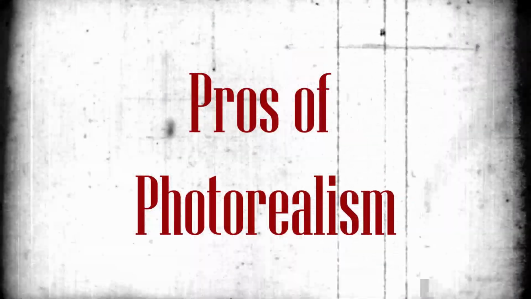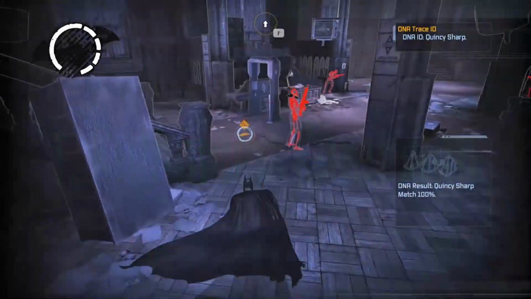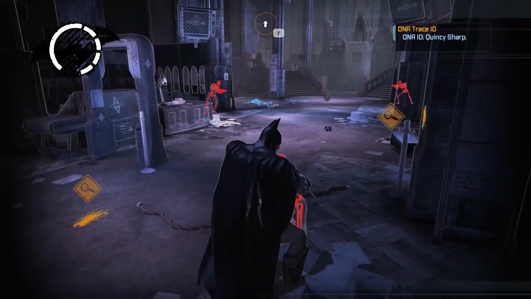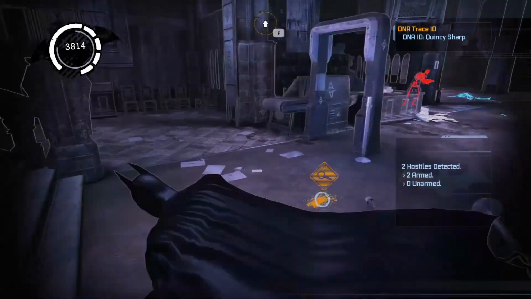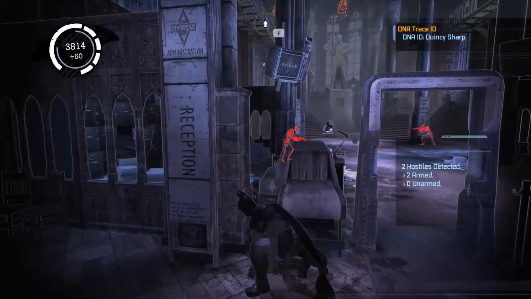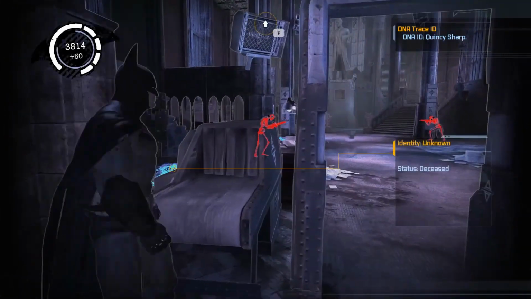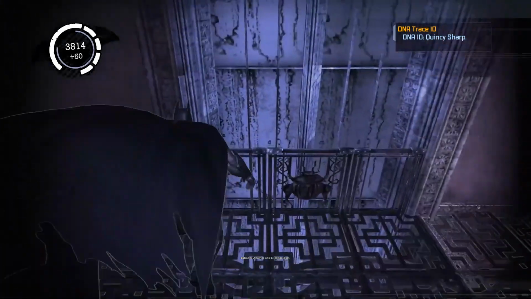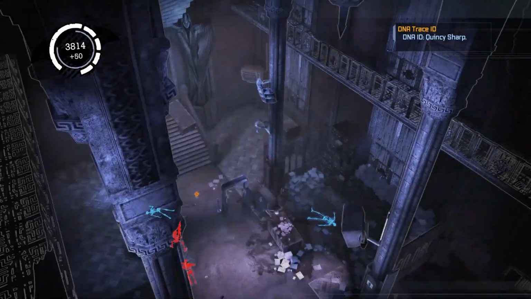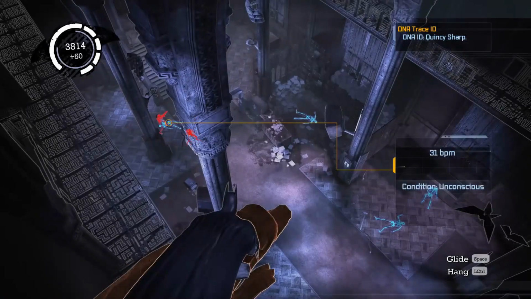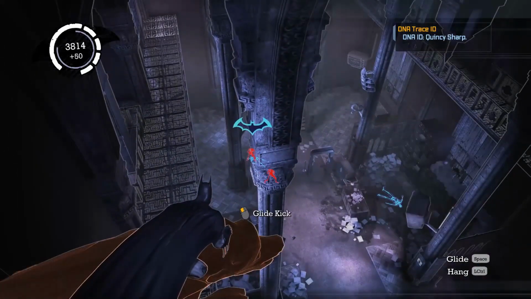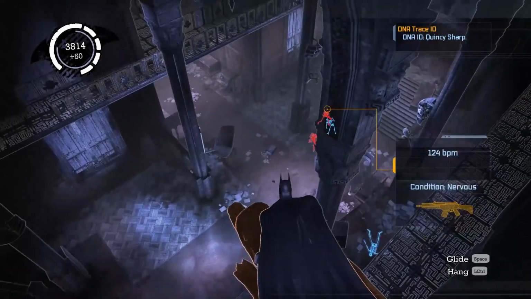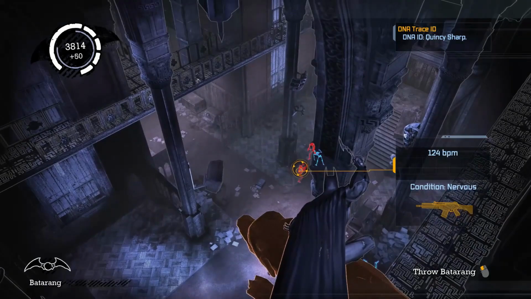Pros of photorealistic games. 1. Enhanced immersion. Photorealism significantly enhances player immersion. Photorealistic graphics bridge the gap between the game world and reality, allowing players to lose themselves in intricately detailed landscapes. These environments can mirror real-world locations with stunning accuracy, from the bustling streets of a modern city to the untamed beauty of natural settings. Detailed environments, dynamic weather, and lifelike characters help create a compelling, engaging world that can evoke